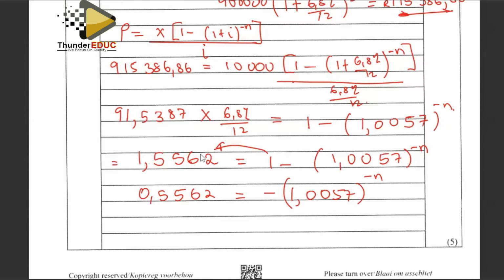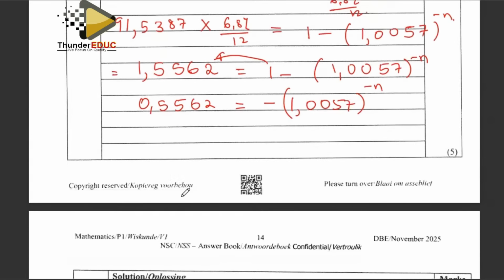And then we need to introduce the logs on both sides. So it's going to be the log of 0.5562 is equivalent to this negative, and that negative will multiply and we get a positive. So it's going to be n, the log of 1.0057. Then since we're looking for n,